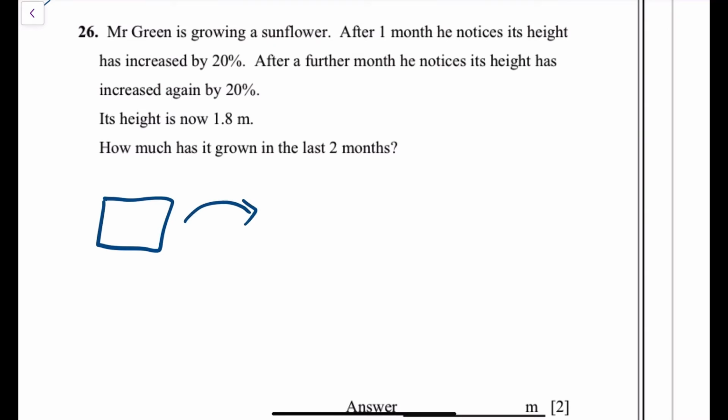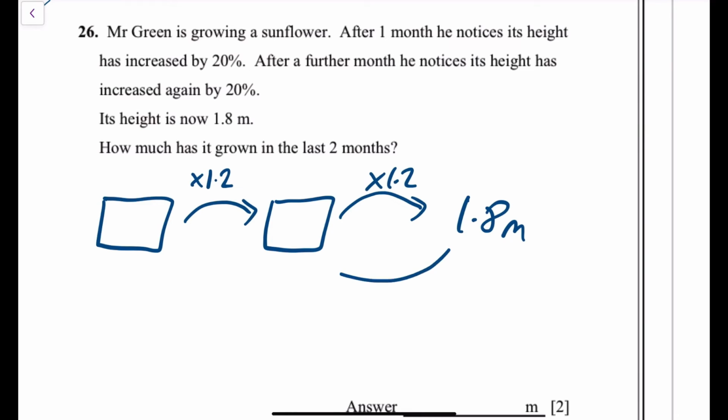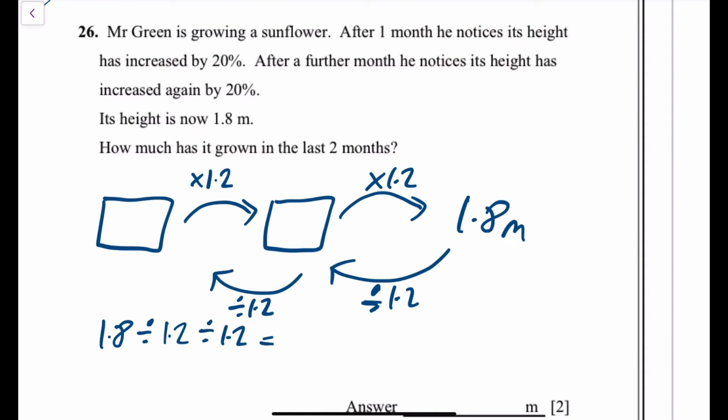It grows by 20%. If something grows by 20%, you multiply by 1.2. It grows again by 20%, so you multiply by 1.2, and it ends up being a height of 1.8 meters. So if we reverse that process, we'll divide by 1.2, and we'll divide again by 1.2, and we'll just do that on our calculators. So 1.8 divided by 1.2, and then divided by 1.2 again, and that gives me, bear with me, it gives me